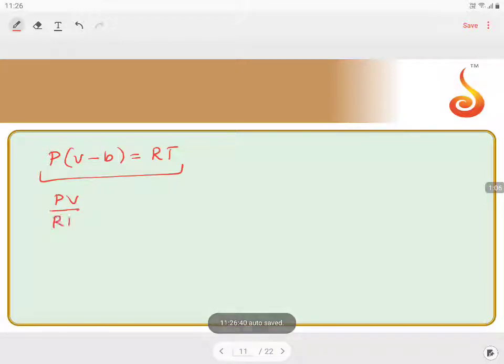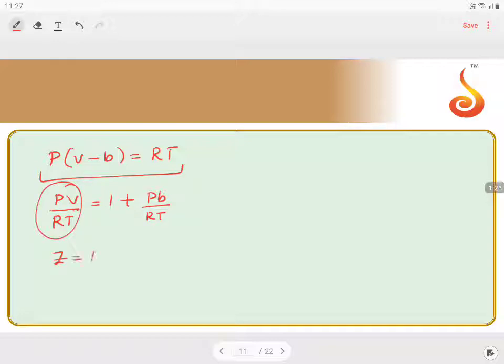If I am taking this equation, PV by RT is equal to, if I divide the total equation by RT, what will be the equation? You will get 1 plus PB by RT, which is taken as Z. Z = 1 + PB/RT. So 1 plus PB by RT, if I am taking this particular one,